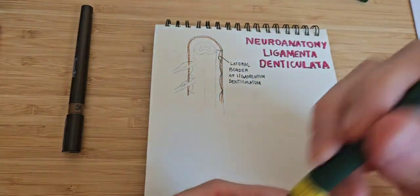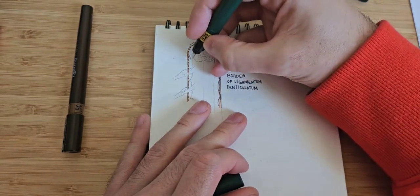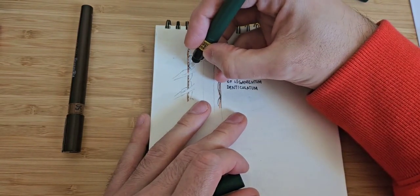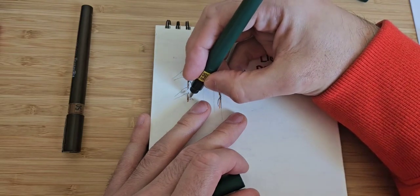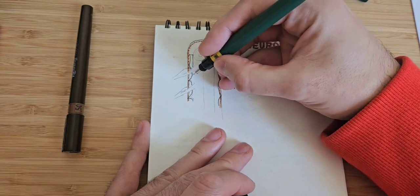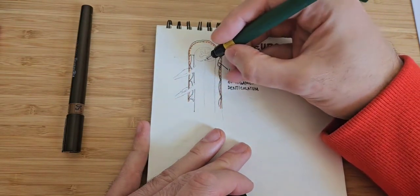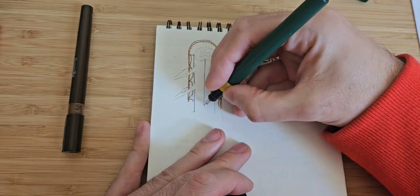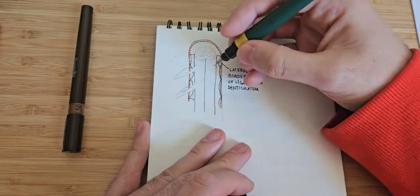And let me just finish this part. So here, down here, and then down here. Okay, and here we have the spinal cord all the way down here. Okay,